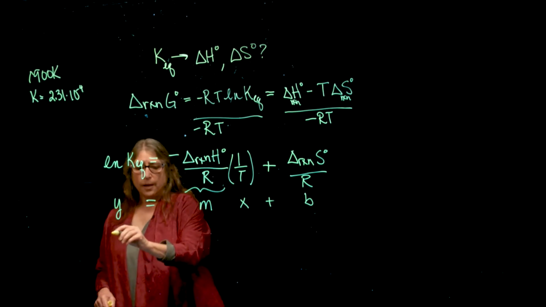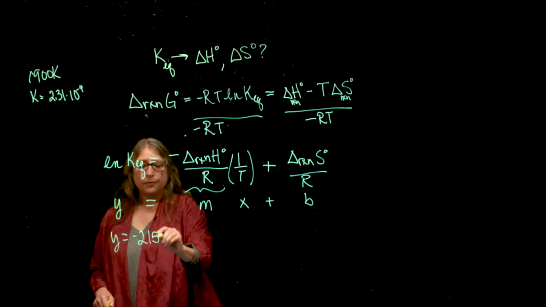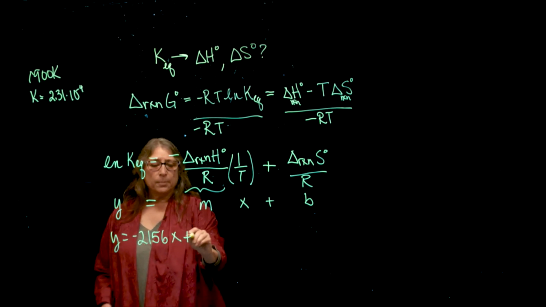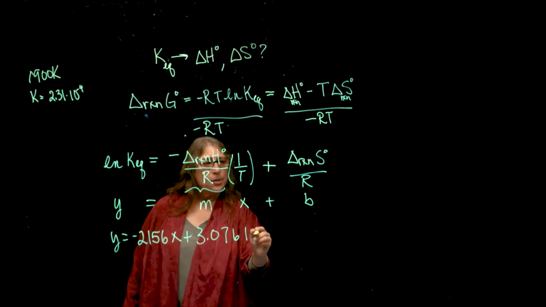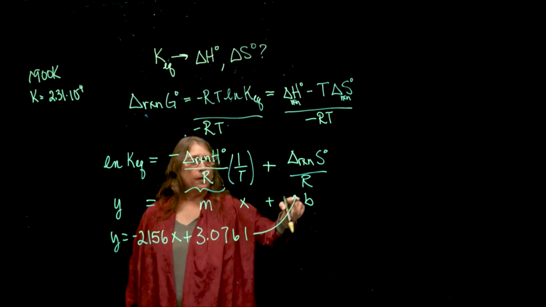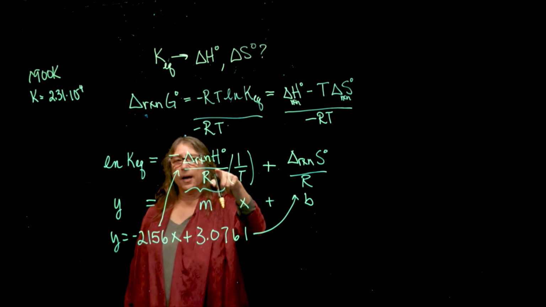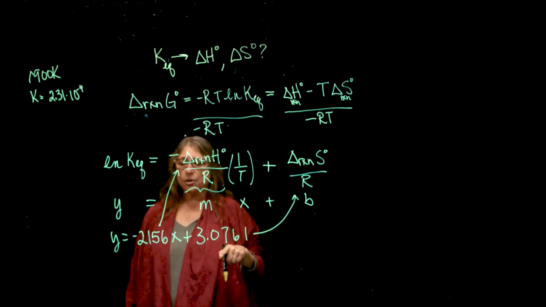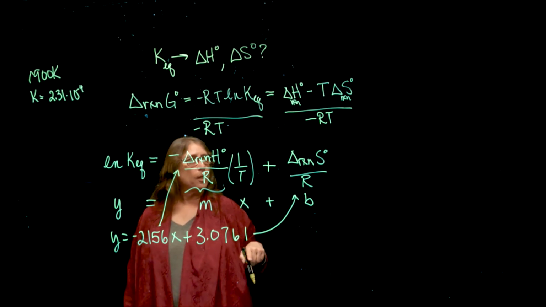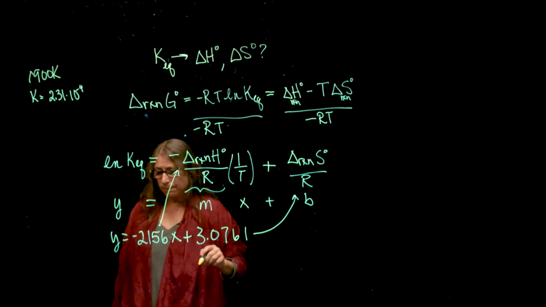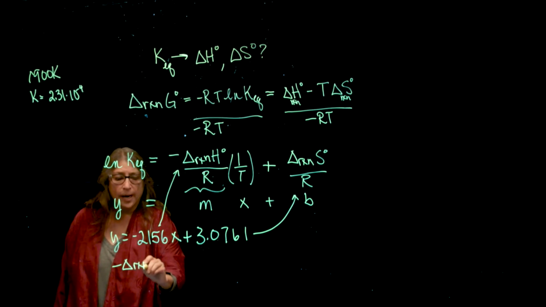I discover that the equation is Y is equal to negative 2156X plus 3.0761. So here is my value of the entropy divided by R, and this is my value of the negative enthalpy of reaction over R. So I can extract the enthalpy of reaction and the entropy of reaction. So the negative value of the enthalpy of the reaction